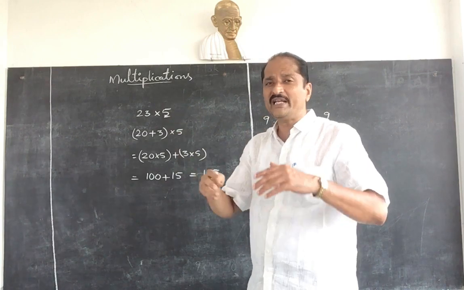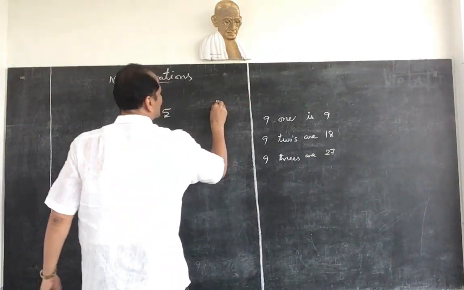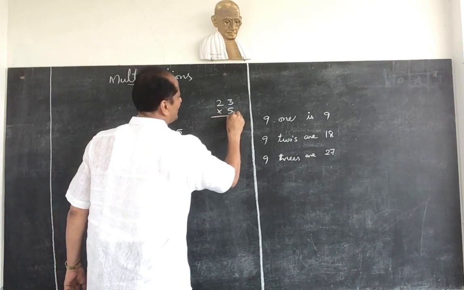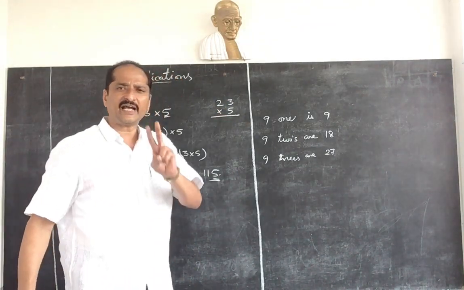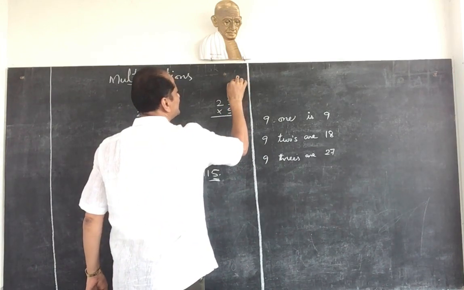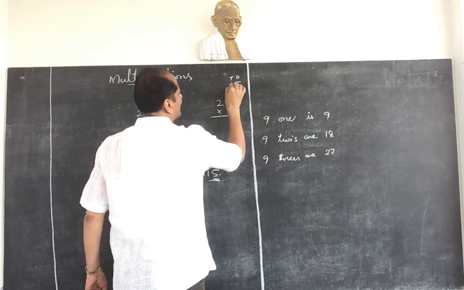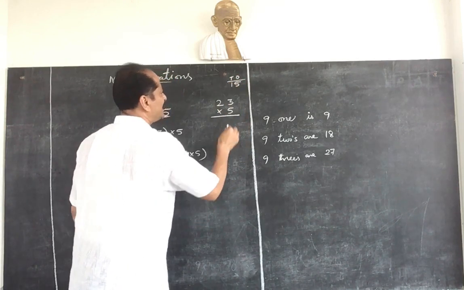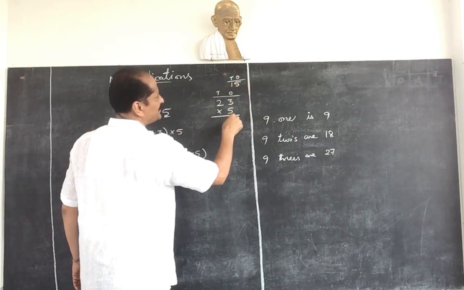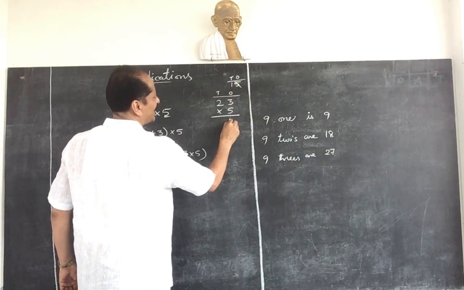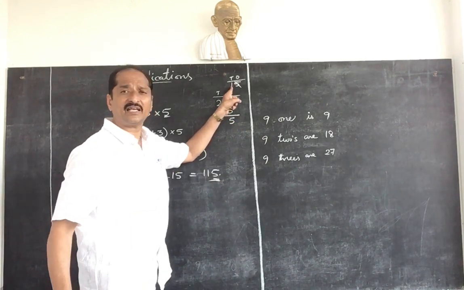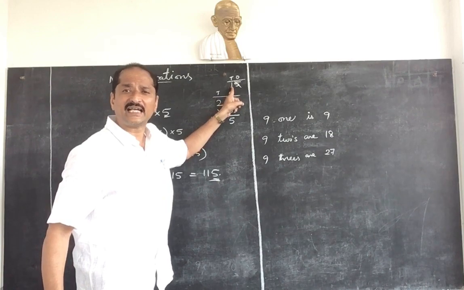Now how can you do this multiplication in our process? So 23 into 5. Observe carefully. 5 3s are 15. 15 has 2 digits. That means, observe carefully here, 15: 5 ones, 1 ten. So here this is also 1's place, 10's place. Now under 1's place you have to write 1's place. So 5, right? Take out 5 and write down here 5. Take out 5 and write down here 5. Now 1 is left over. Where is this 1? 1 means 10 we have.